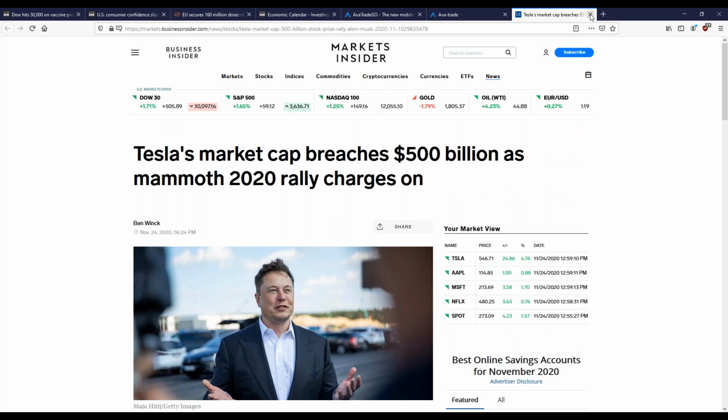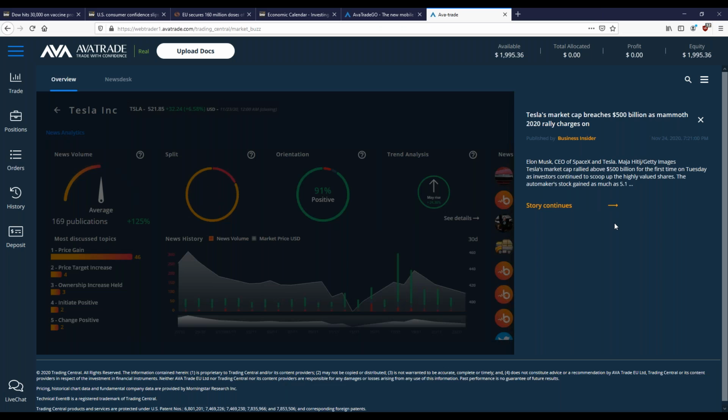The markets like the fact for Tesla that maybe regulations are coming back on the auto industry with Biden taking over, it looks like, in the US. And that's good for an electric car company, right? If it's going to make manufacturers of gas burning cars have more regulations, and then those cars become more expensive, well, all of a sudden Tesla looks nicer with their price point. And so you read the articles, you get the news, you understand why the movements are happening, and the information's right there at your fingertips.